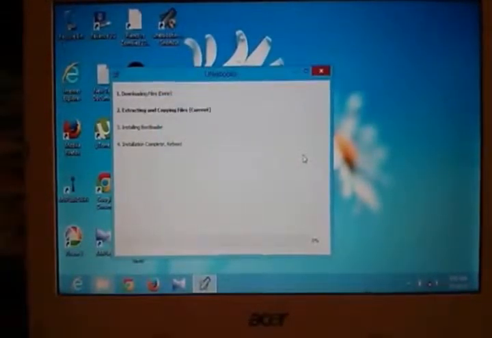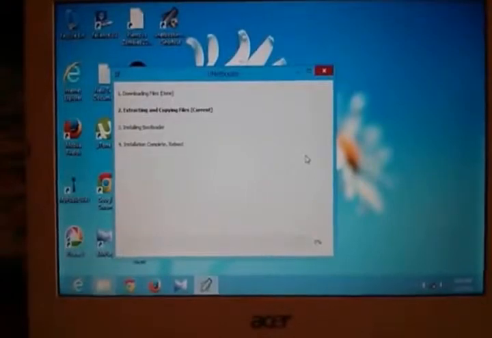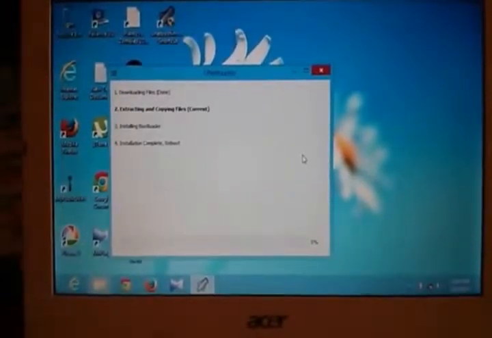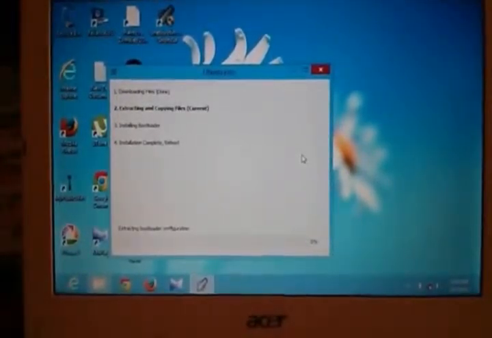Now it will start extracting the files and it will copy all the necessary files to the USB drive.